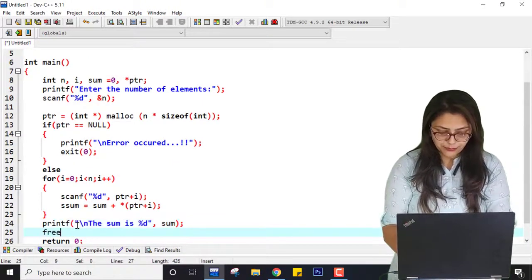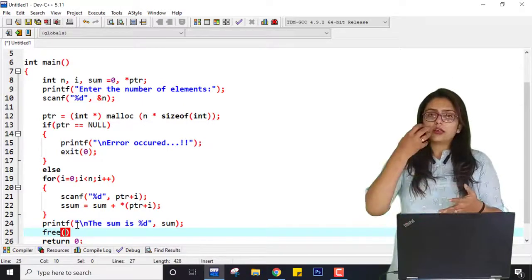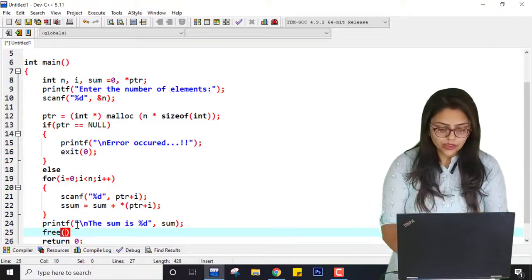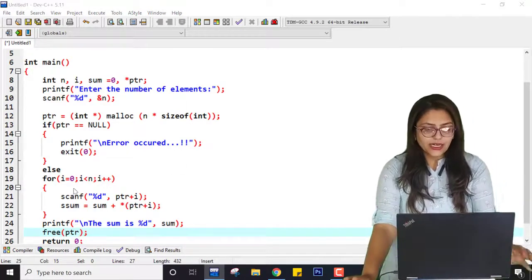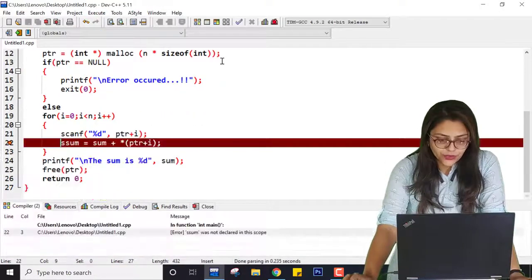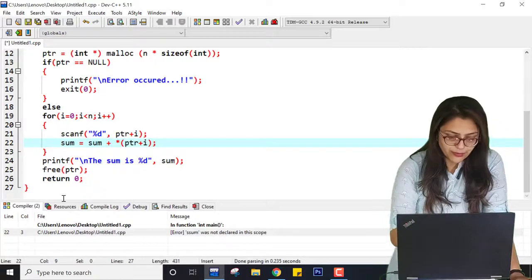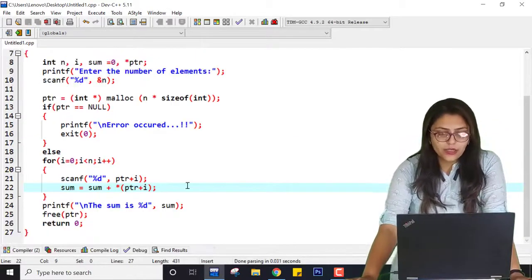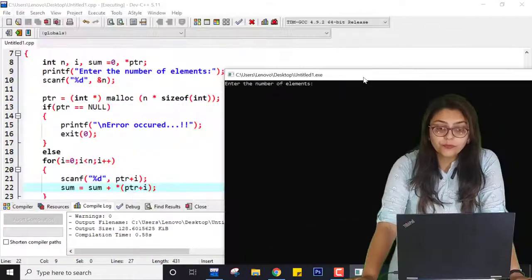And once my program executes, I don't want to take that extra memory, so I'm just freeing up that extra memory by using free pointer, right? Let me save this program, and if I compile it and run it, it is showing me an error that ssum has been written by me, which is wrong. Now again, if I save the program, compile it and run it, it is running